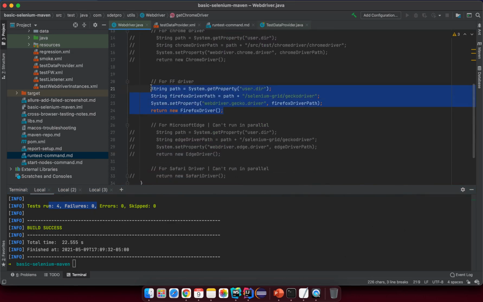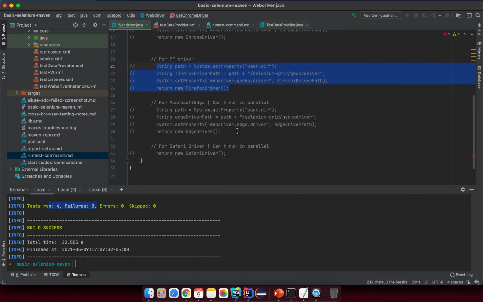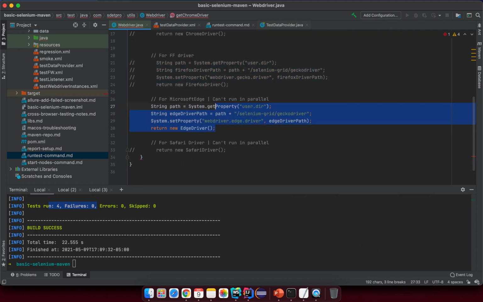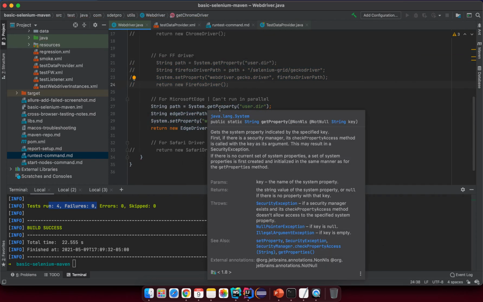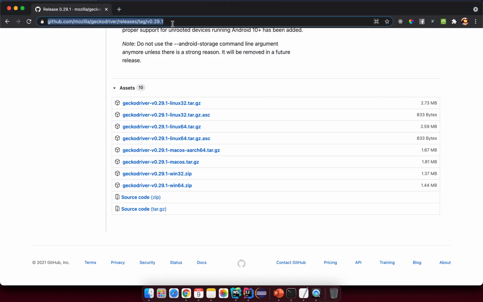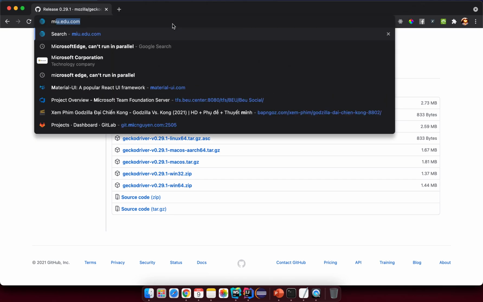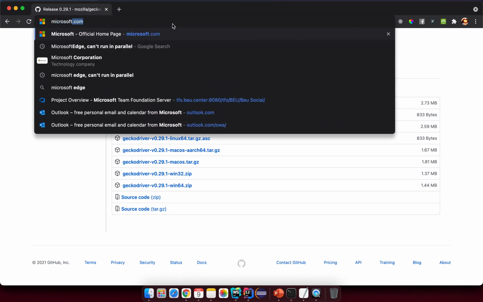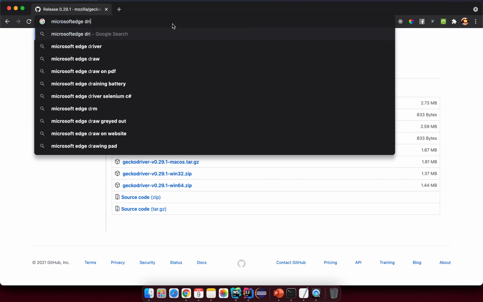Okay, so let's try to comment out. And for example, you want to run for Microsoft Edge. I don't have Microsoft Edge because I'm using a macOS machine, but you can do it yourself if you are on a Windows machine. So what you want to do is search something like Microsoft Edge driver,